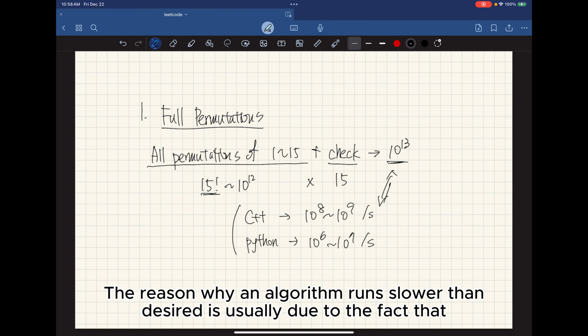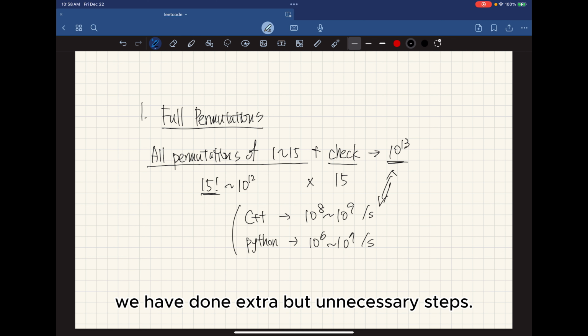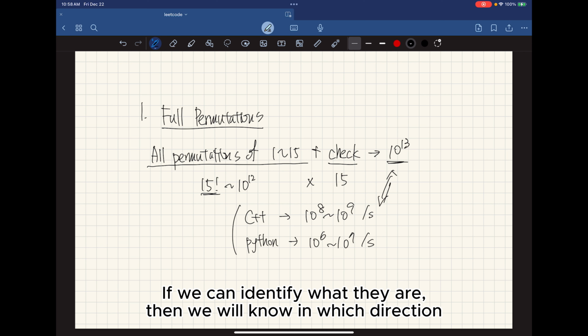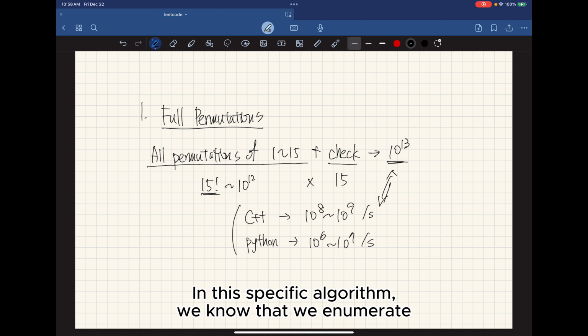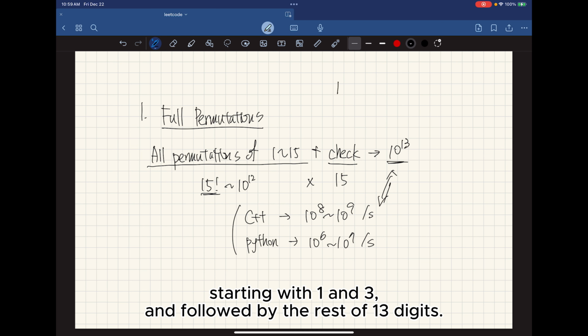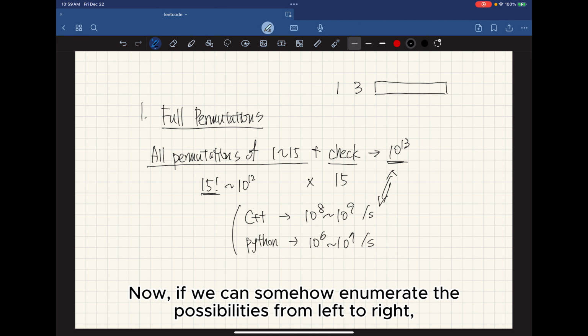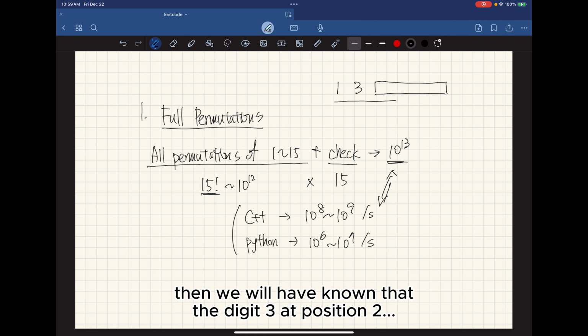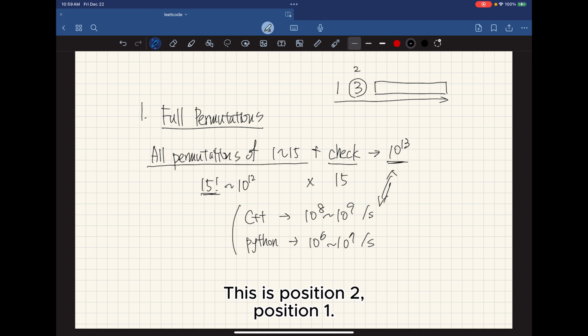The reason an algorithm runs slower than desired is usually that we have done extra but unnecessary steps. If we can identify what they are, then we will know in which direction we can improve our algorithm. In this specific algorithm, we enumerate all the permutations, which include many permutations that start with 1 and 3, followed by the rest of 13 digits. Now, if we can somehow enumerate the possibilities from left to right, then we will know that the digit 3 at position 2